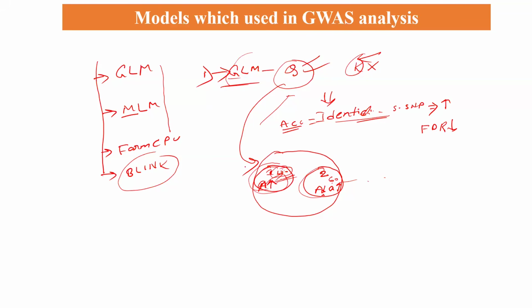But in the GLM, the stratification is considered in the GWAS analysis, but the K matrix should be included. The K matrix should be included because it represents the relationship between two individuals in the population. If the genotype of individual 1 and genotype 2 are more identical, then this means that